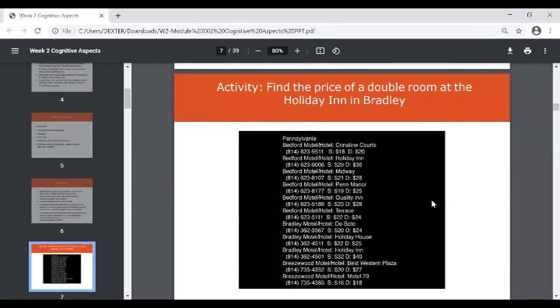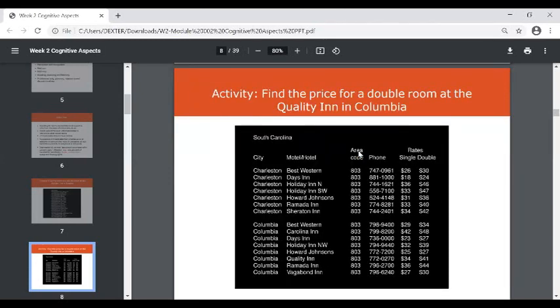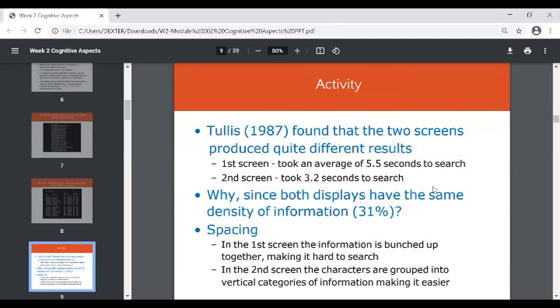Example activity: find the price of the double room at the Holiday Inn in Bradley. Try to find the price. Next, find the price for the double room at the Quality Inn in Columbia. After you try,